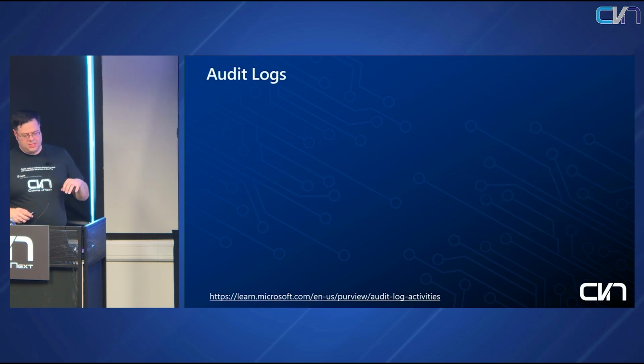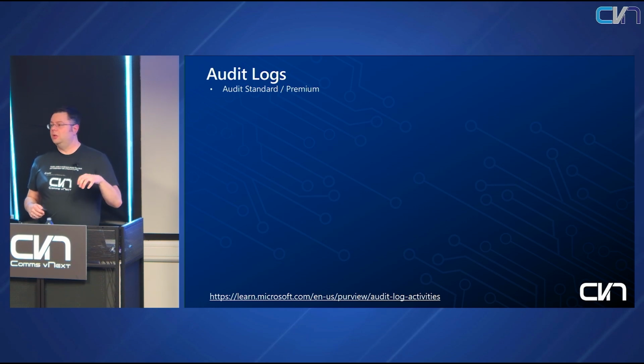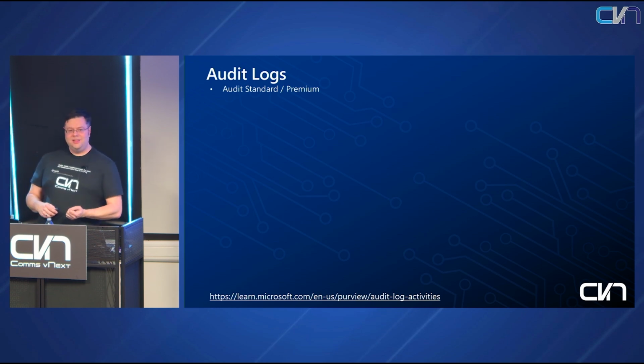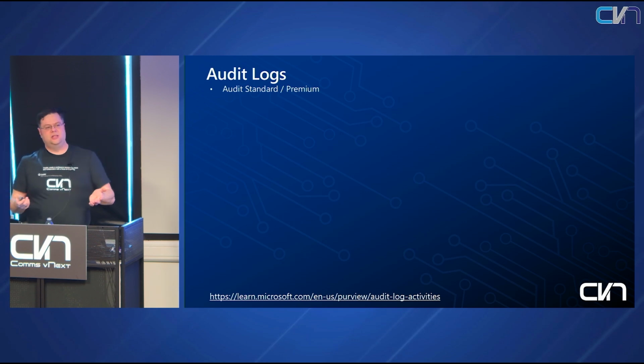First one is the audit log. The audit log comes in two versions. There's a standard version or a premium version. The difference is, I think on standard, it's 180-day retention of the auditable items. If you have the premium version, it is a 1-year log retention. And if you need more than that, there's an add-on license that you can buy that gives you a 10-year retention on the audit items. If you need that. Some regulated industries, that's what they need,